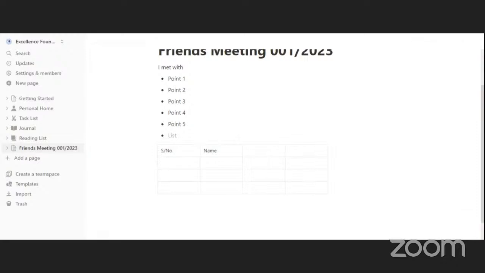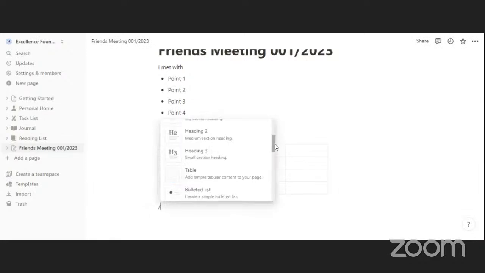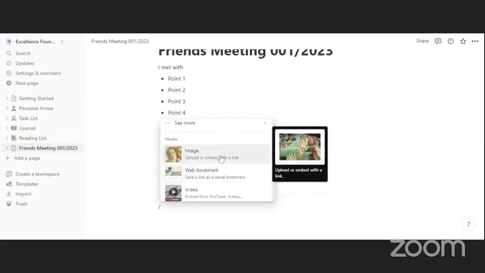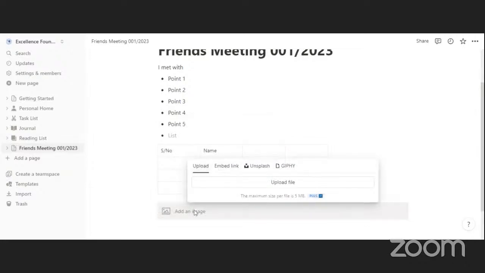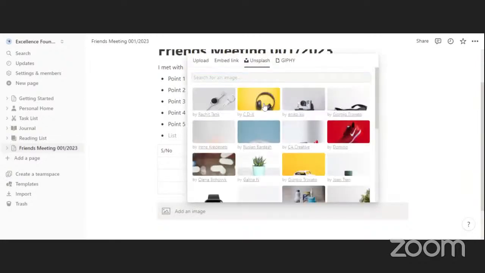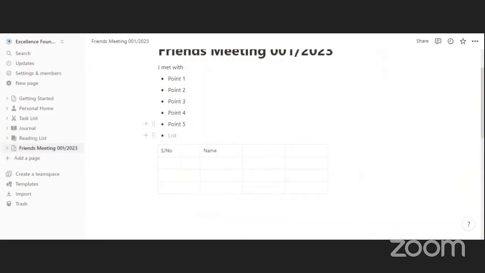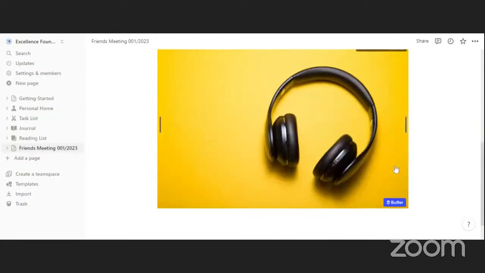And then if you want to insert, let's say, a callout, or you want to insert an image, you can click here, upload, and then you will be able to upload your image. I don't know if I have an image on this computer. I don't think I have, but let me just search an image from the internet, from Unsplash. Let me just insert this. You see, so an image has been inserted. You see this? So this is how you can take notes on Notion. Is it clear now, Moro?